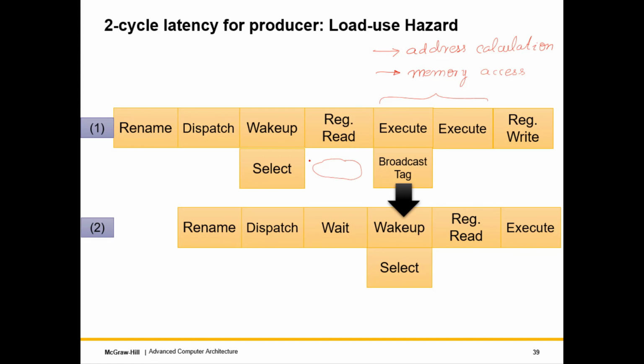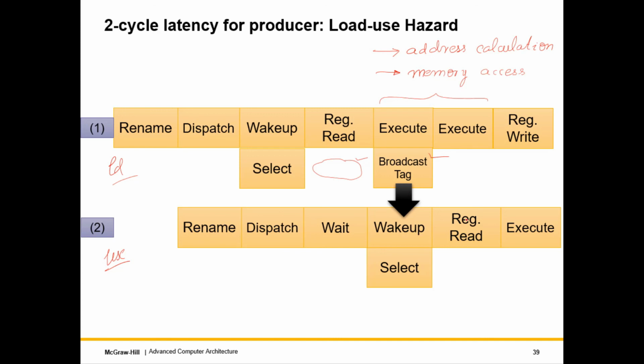But that said and done, in this case, we don't broadcast immediately. That's important, that needs to be kept in mind. We don't broadcast immediately after getting selected, right? So instruction 1 is the load and instruction 2 is the use. So what we do is that we broadcast 1 cycle later, right? Because in this case, it's not a 1 cycle execution. So instead of broadcasting the tag here, we broadcast it over here.